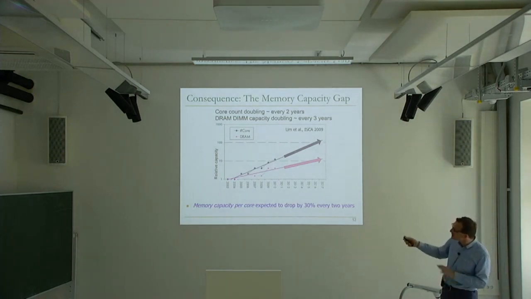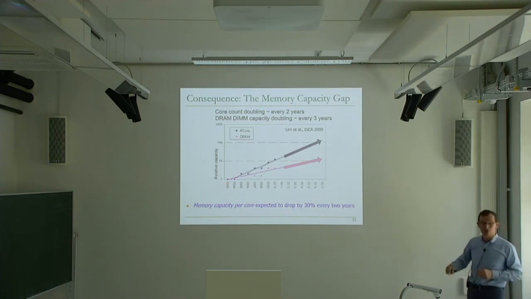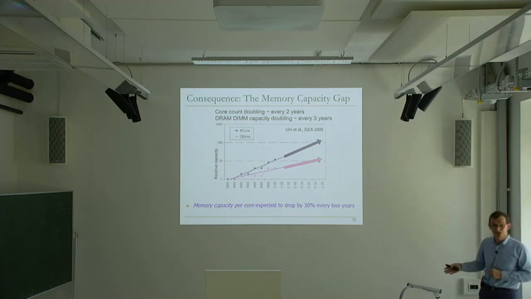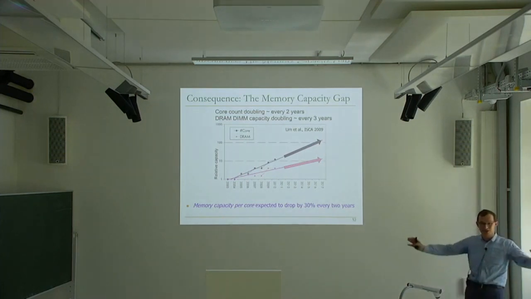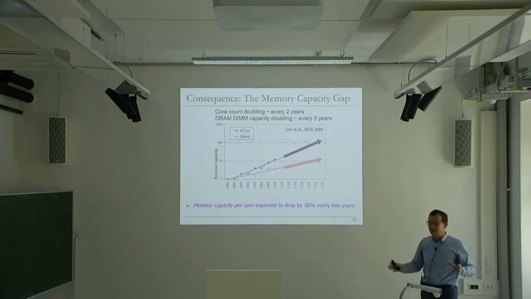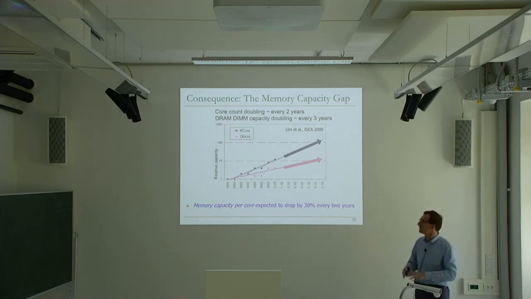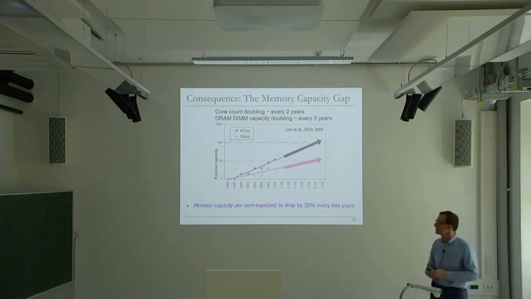It's maybe a little bit better today in CPUs, but essentially what they projected at that time was memory capacity per core is expected to drop by 30% every 2 years. Now, this is not good, because software has always relied on having more memory capacity per thread, because most software is actually single-threaded. Even if you are multi-threaded, you have not a massive amount of threads in many workloads. And if you actually drop the memory capacity, if you don't give enough memory capacity, the software doesn't scale very well. You don't get more features.